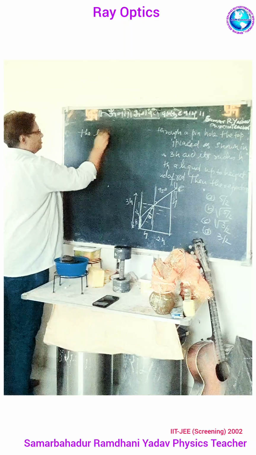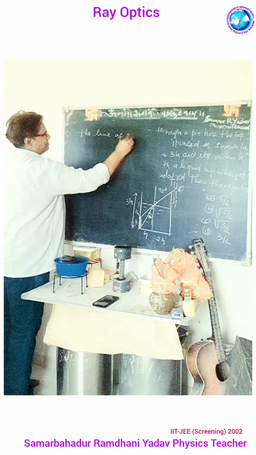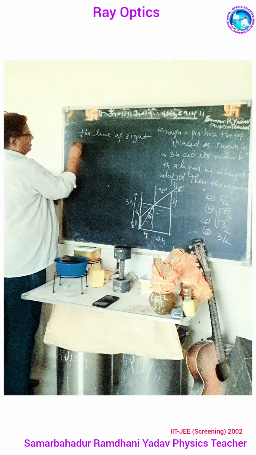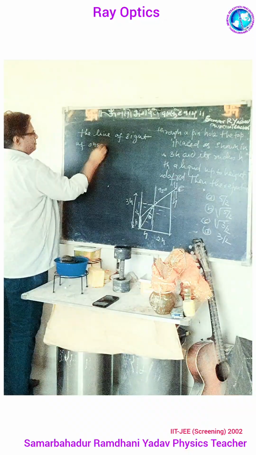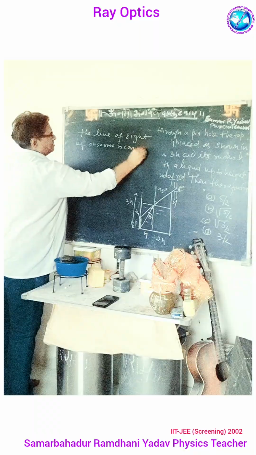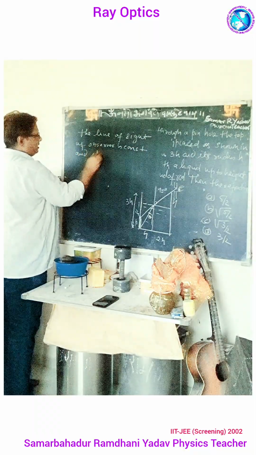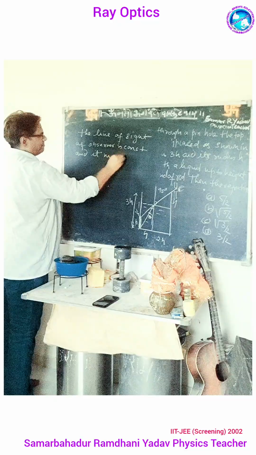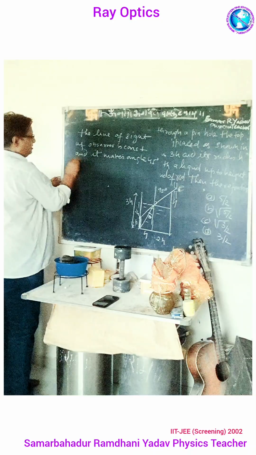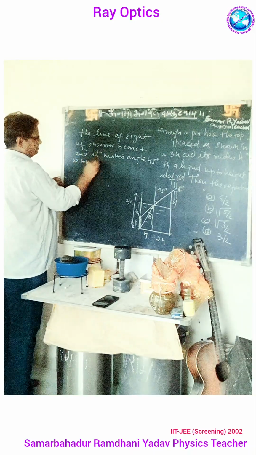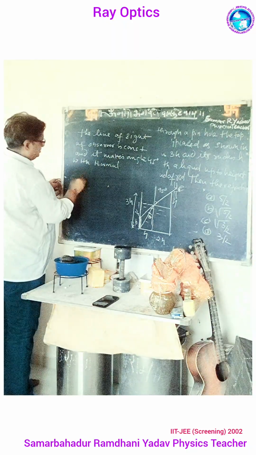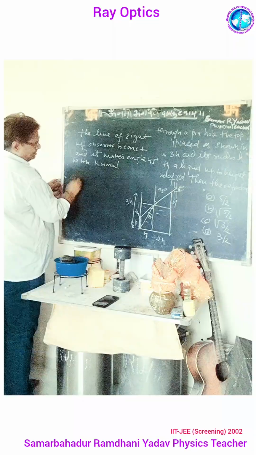Now we know that the line of sight of the observer is constant, and it makes an angle 45 degrees with the normal. Now here,